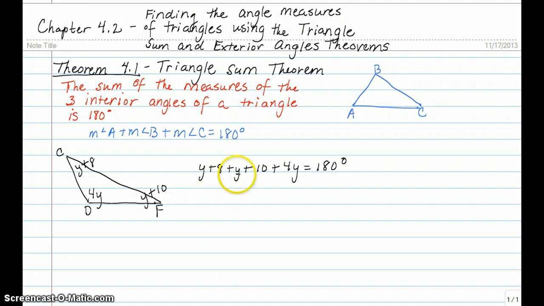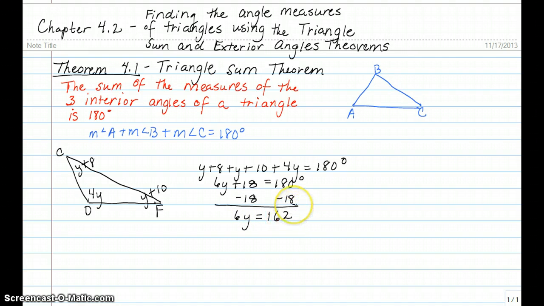You have a 1y, a 1y, and a 4y, which is 6y. You have an 8 and a 10, which is 18. And that equals 180 degrees. That's our first simplification step. There is no distributive property. Now we're going to move on to properties of equality. We're going to use the subtraction property of equality, subtracting 18 from both sides, which is going to leave us with an equivalent equation of 6y equals